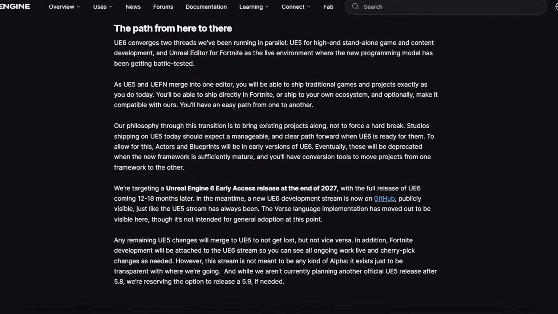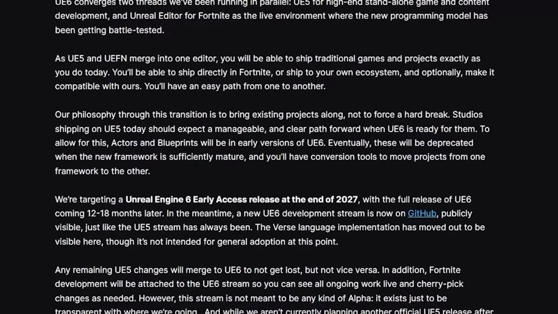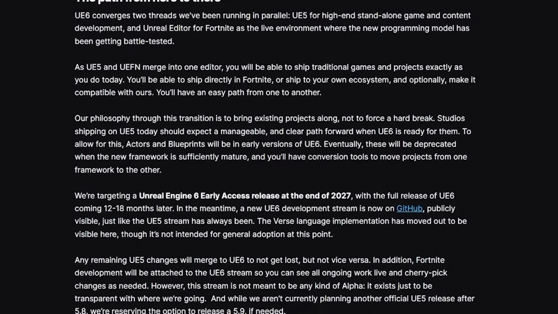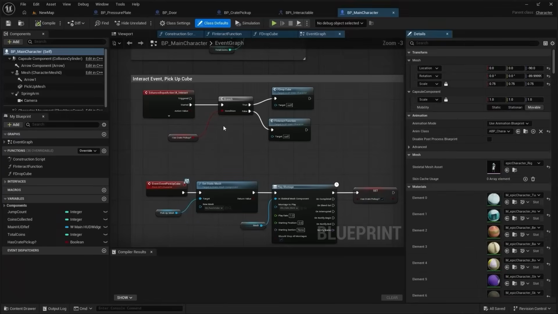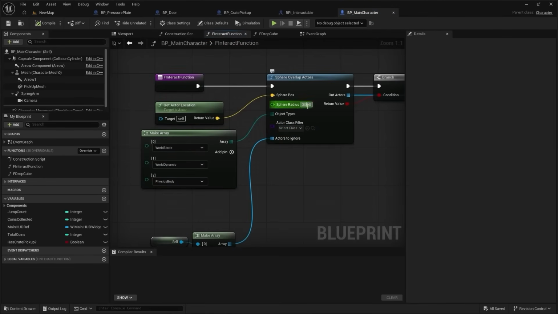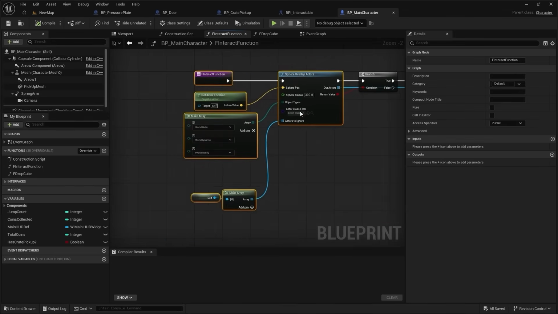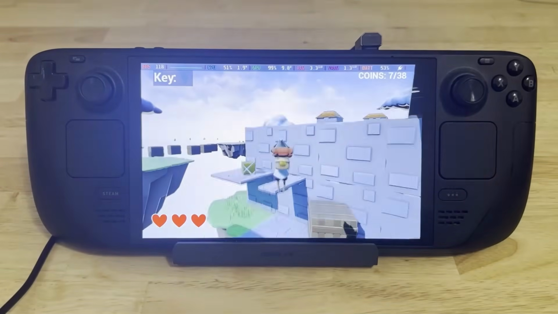Based on what Epic has shared so far, this transition is expected to be more than half a decade away, and even after that begins, there will still be many UE5 and UE6 projects, studios, and indie developers using blueprints for many years to come, so taking the time to learn them today, in my opinion, is not a waste